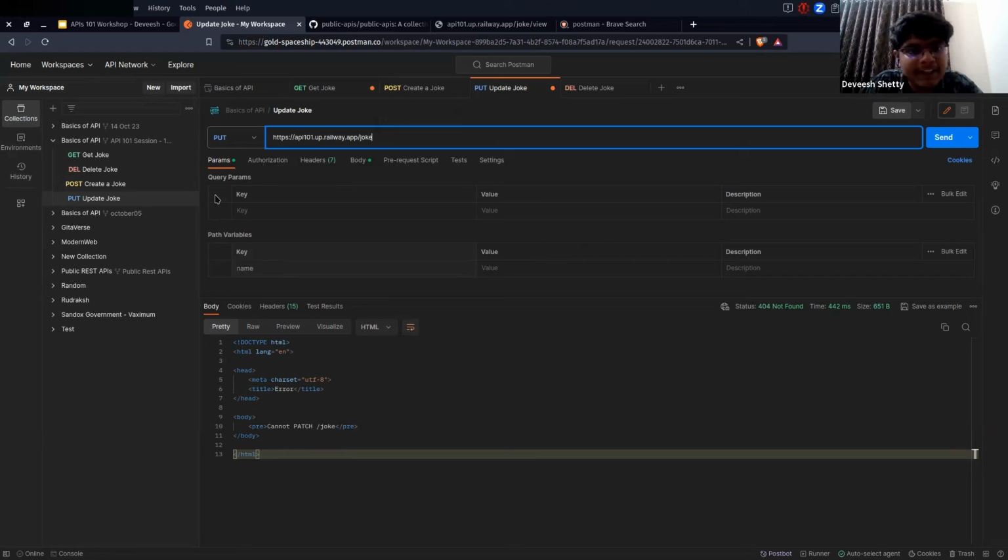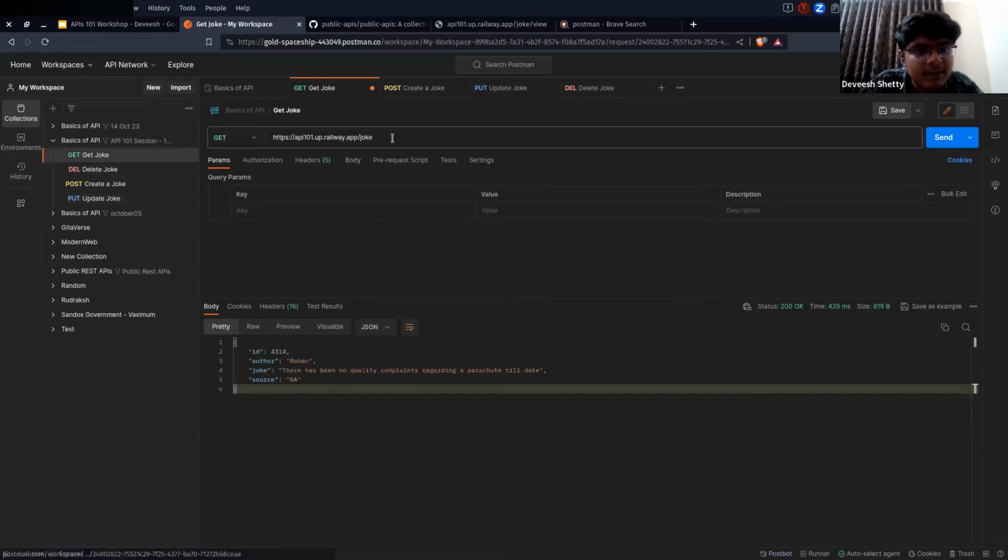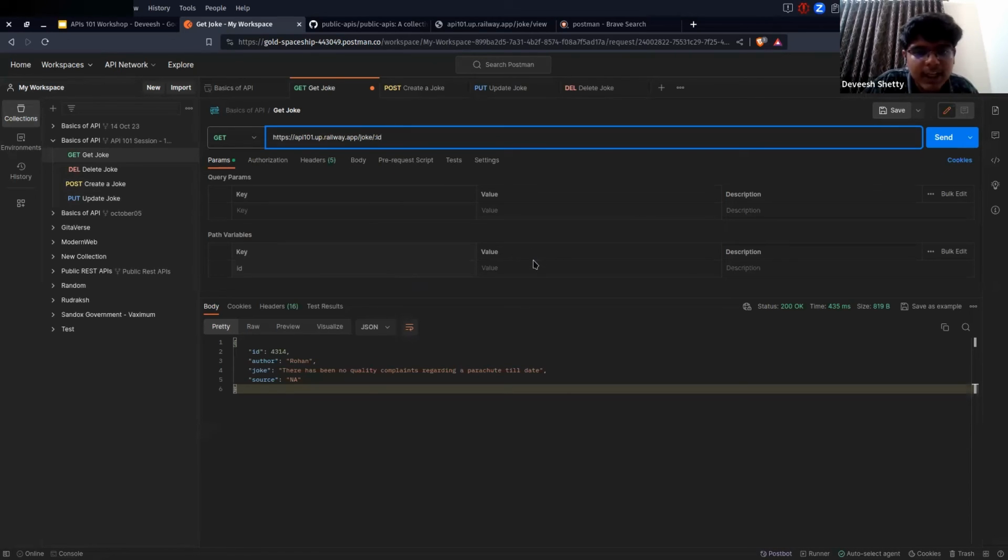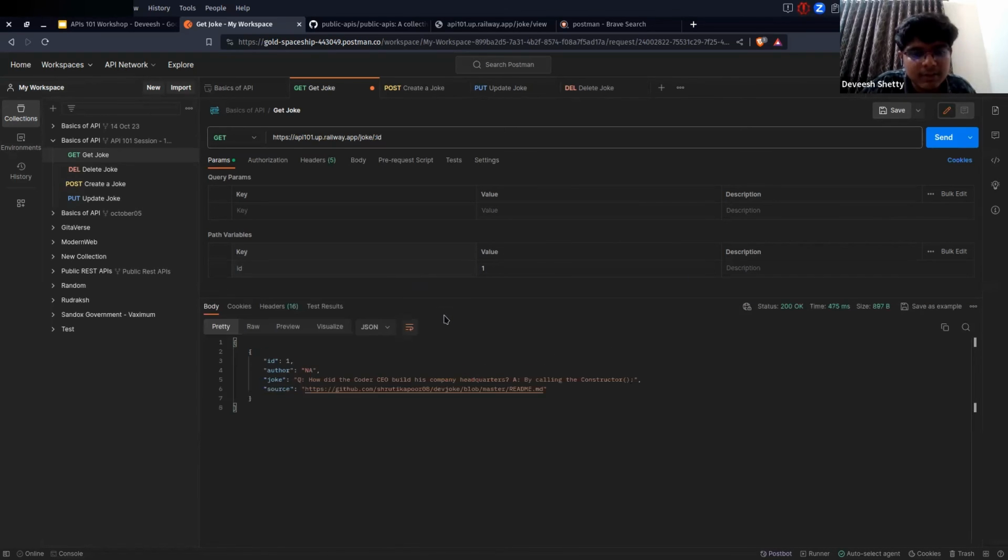Now, if you can relate this, the one which we did here, where we passed one, they have not created one specific route. It's just the ID which it is taking. So it is basically like colon ID. Here I am passing it as one, so I should get the same response. See,